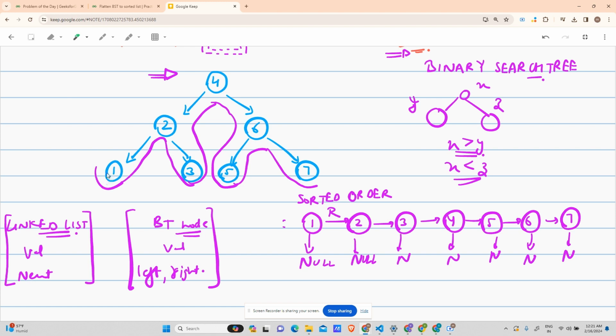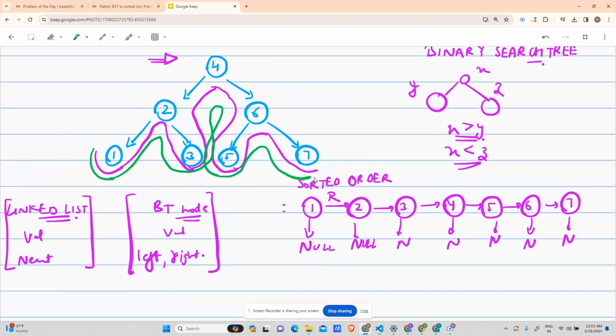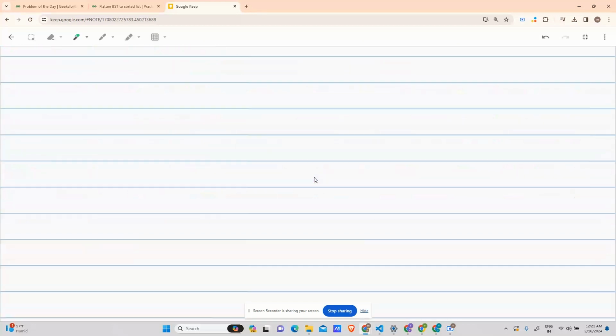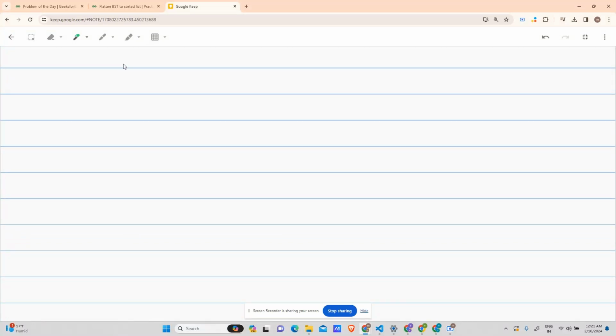Now let us move towards the approach. When I was drawing the sorted order, I started my traversal from here and then drew along, right? Do some of you know how to take out the traversals? Let us forget the question for a moment and let us see how to figure out the traversals. So the tree given to us is